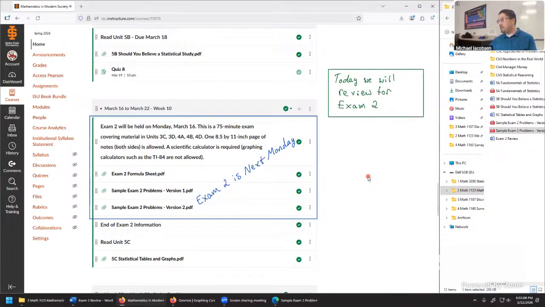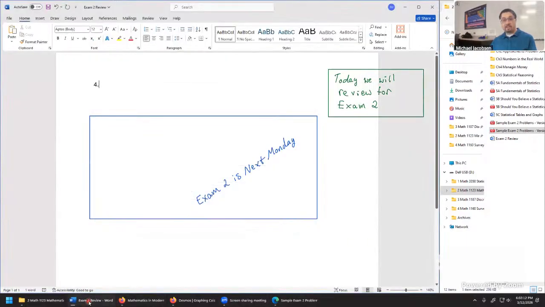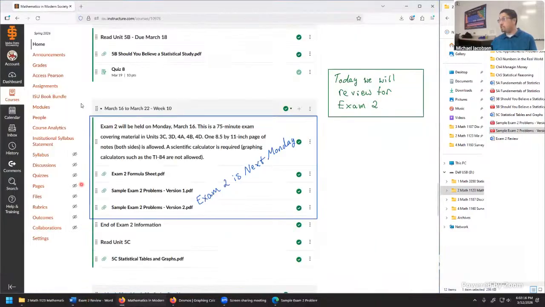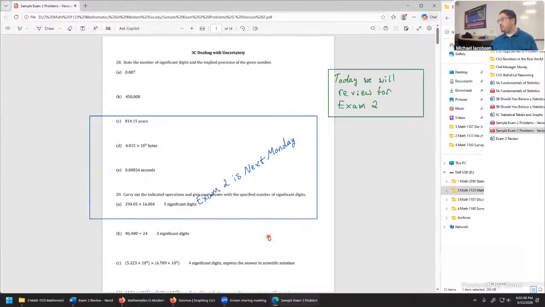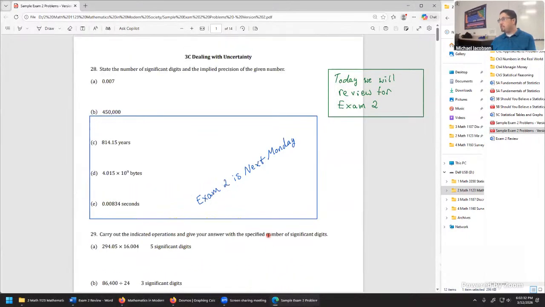For this exam review that we're doing, everything that we do is going to be put on a document, this one right here, then saved as a PDF, just like any other work we did. And I'll post the results probably somewhere right here, since we did it this week. Now going back to Amy's suggestion, it looks like we're looking into this sample exam version 2 potentially. Let me know if you're, well, probably not this one,